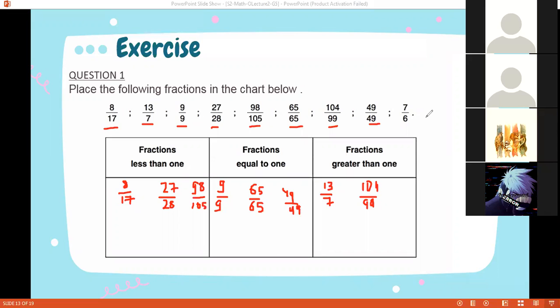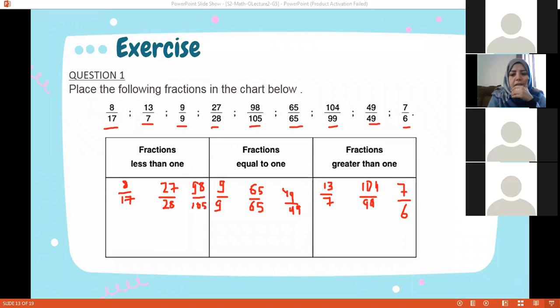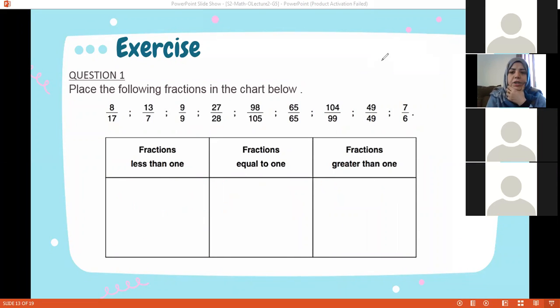Yalla Ali. 7/6. Greater than 1. Excellent. So is this question clear for everyone? Yes, very easy. Let us go now for another question. And in question number 2,